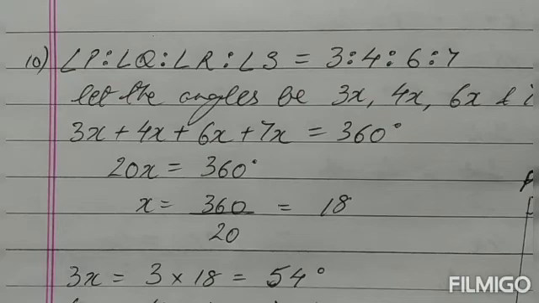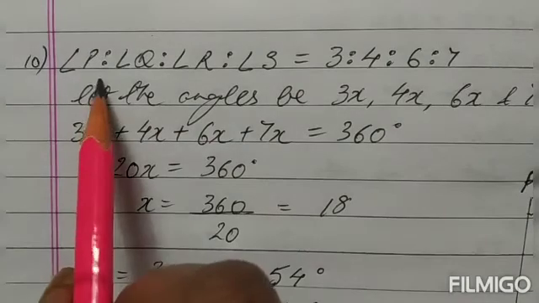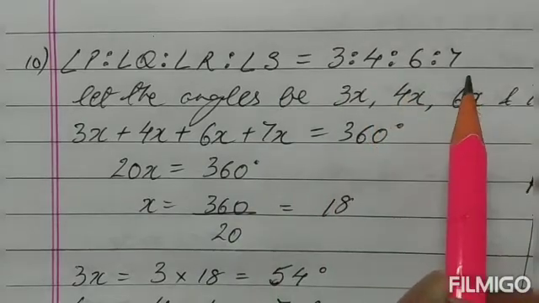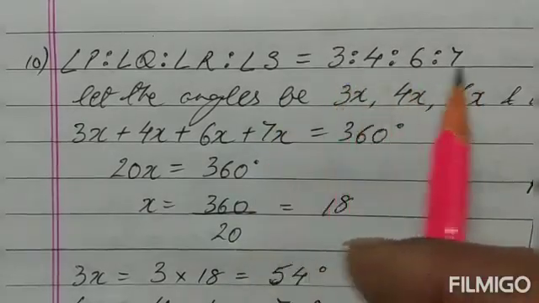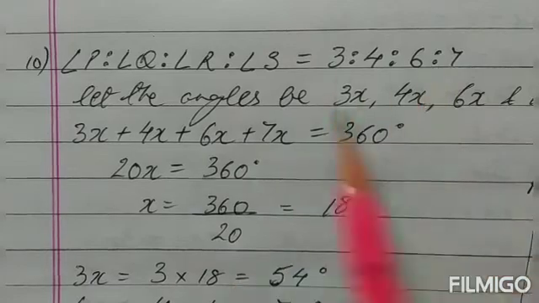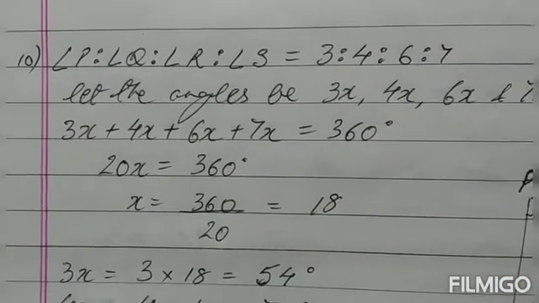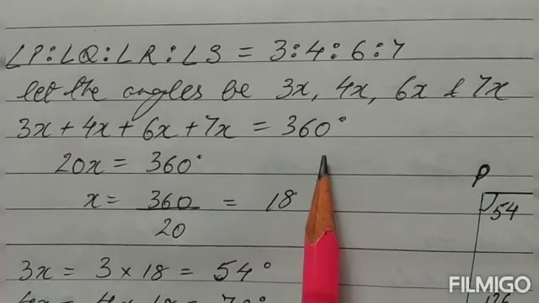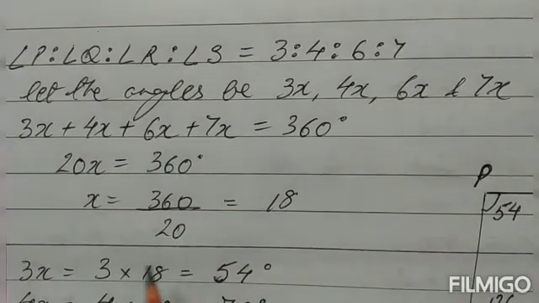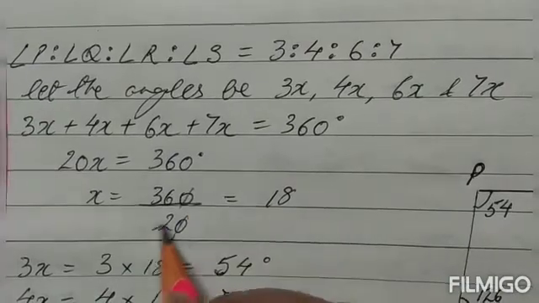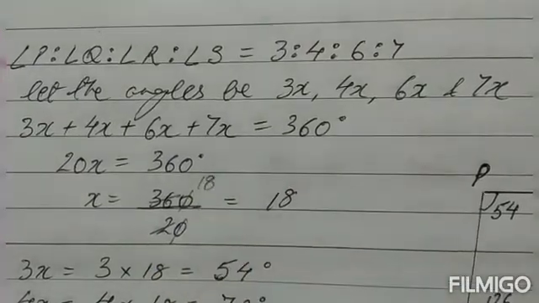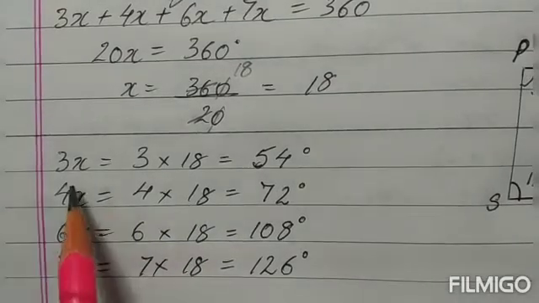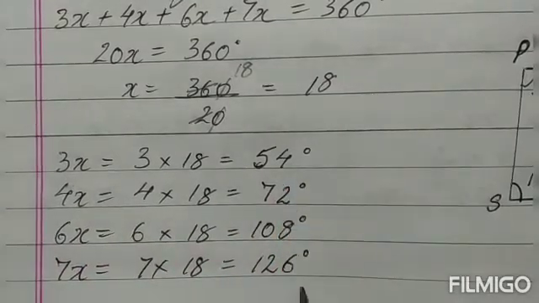Children, in question number 10, the four angles of a quadrilateral are given in the ratio 3:4:6:7. So first of all, we need to calculate all the four angles by taking a variable. So I have taken the variable to be x. Then add the variables, equalize it to 360. You know how to do it now. Now, once you reduce it, we get the value of x. Now put the value of x in all the four angles. That will give you the measurement.